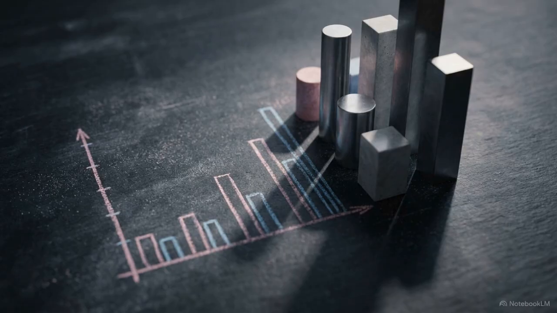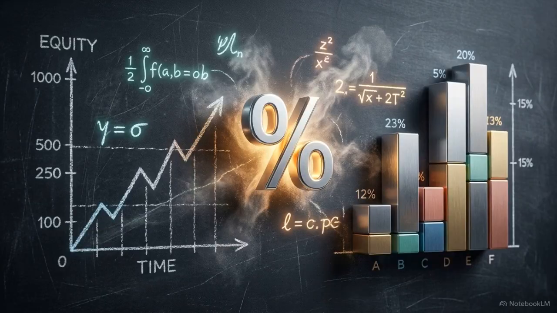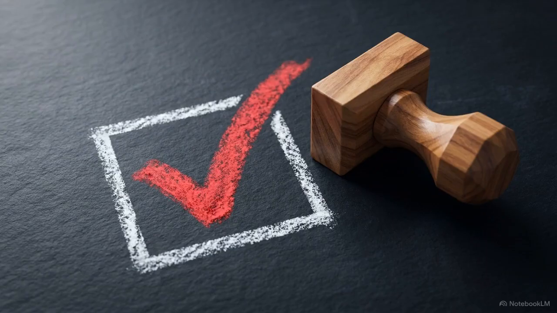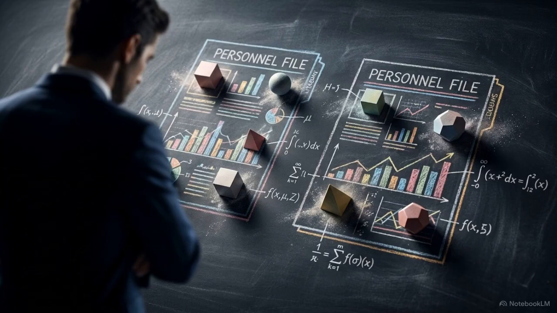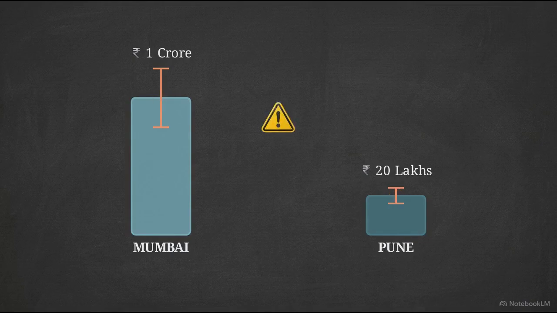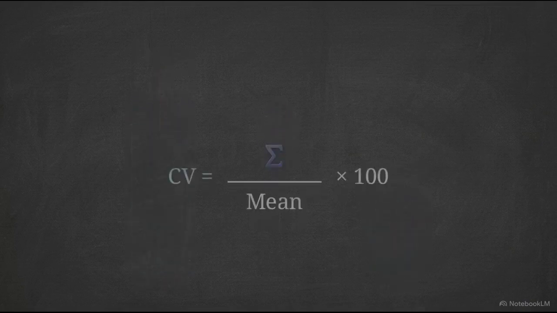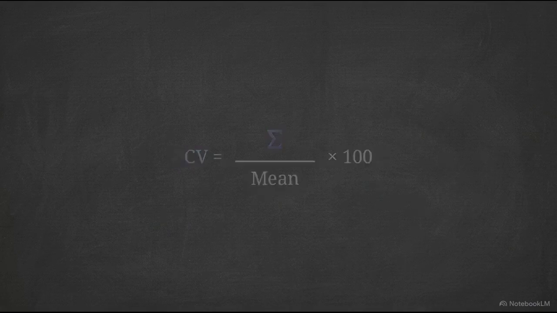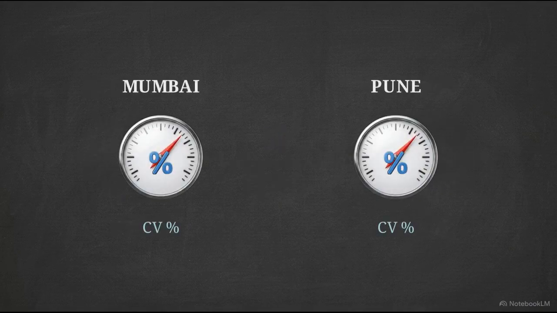Absolute measures deceive when scales mismatch. Normalization through the coefficient of variation is the only objective method to compare consistency across the diverse asset classes of the Indian economy. This logic extends to corporate operations, where the coefficient of variation becomes the consistency test. Human resource managers use it to evaluate sales executives. If an executive in Mumbai has a target of 1 crore and an executive in Pune has a target of 20 lakhs, their absolute sales deviations cannot be compared. Calculating the coefficient of variation normalizes their performance data.